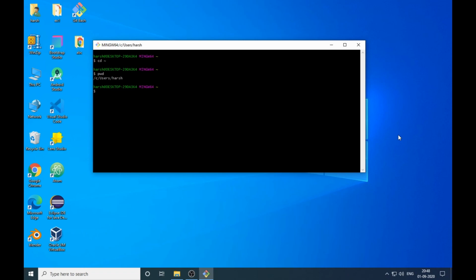So now you know the basic command lines of Git Bash. What we have learned: cd desktop, cd to get back, make directory, how to use touch, how to remove files, how to make folders, how to remove folders, how to remove all the files from the folders as well. And in the last we learned how we can know the location in the system, like where we are in the system. So that's all for this video.